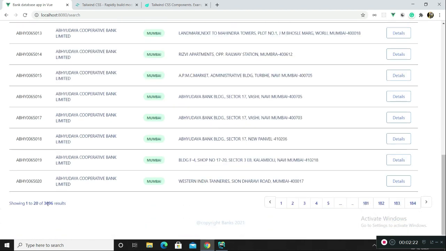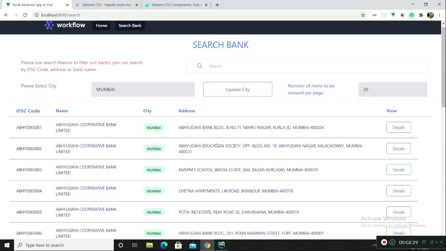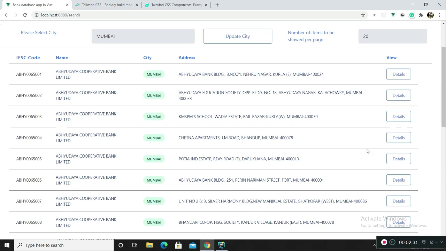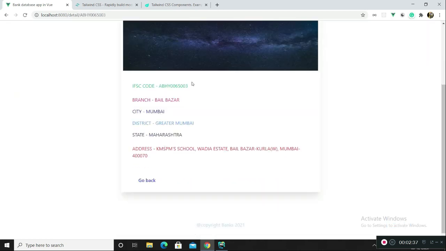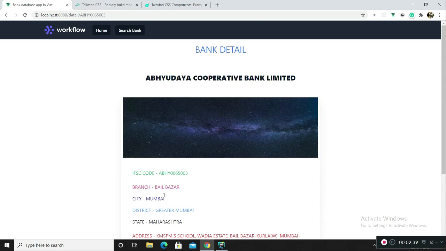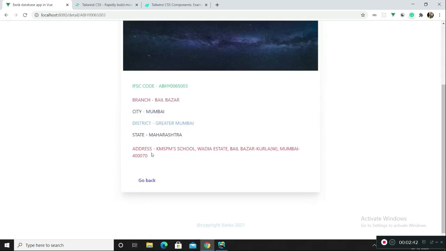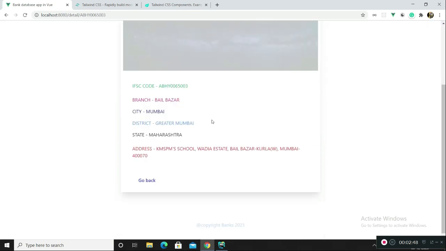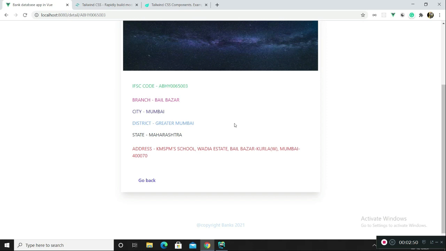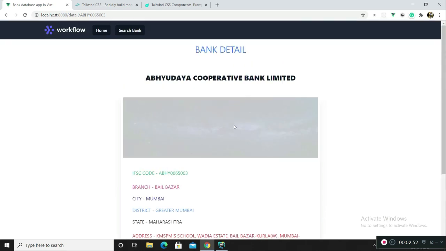As you can see, we have 3,696 results for banks situated in Mumbai, and I can see the detail of a particular bank. I can see the bank name, IFSC code, branch, city, district, state, and address. And this image I just took from the internet and added it here just to give it a better look.